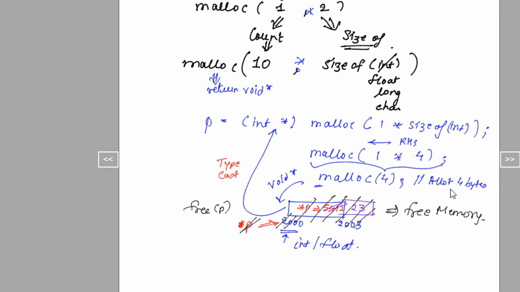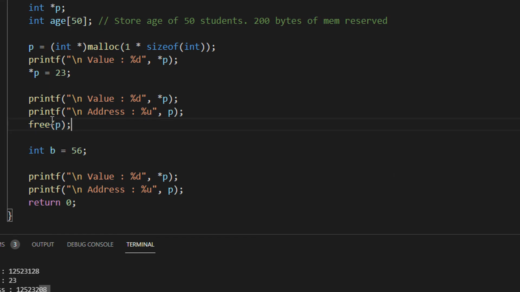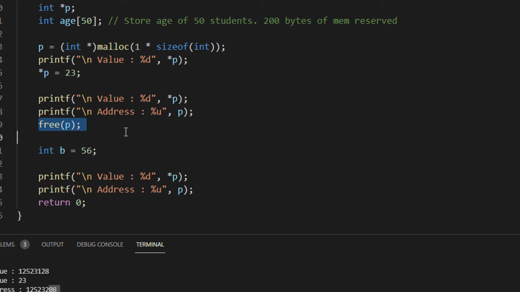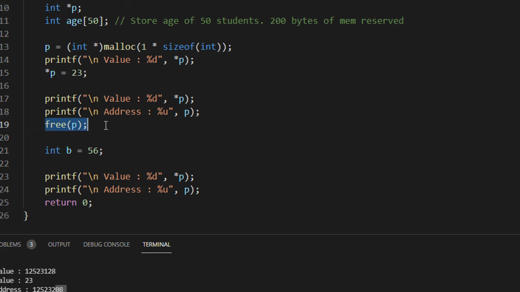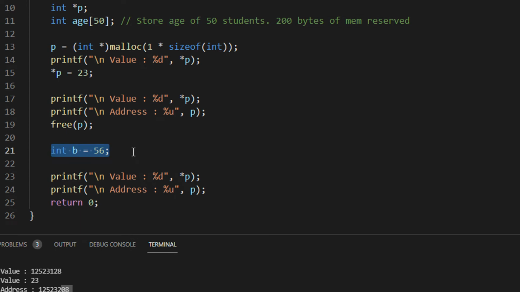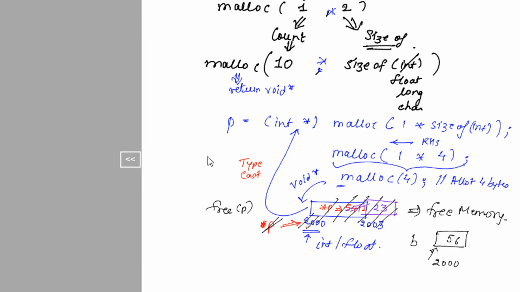The compiler, while executing, can assign b the value 56 having the same base address 2000. Why? Because we had freed the memory location at this particular point. If we would not have freed the memory location at this particular point of time, the compiler would not have allotted b the location 2000.